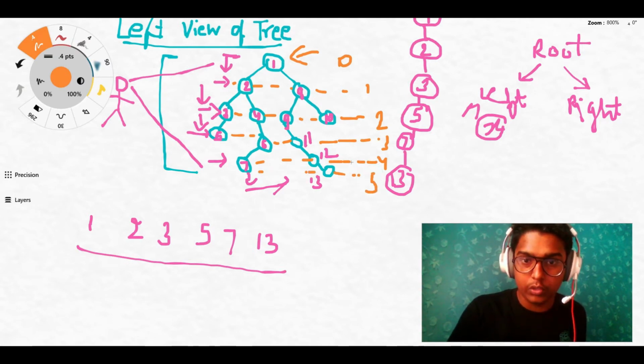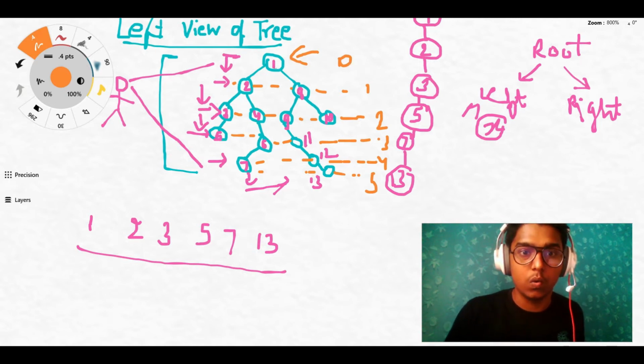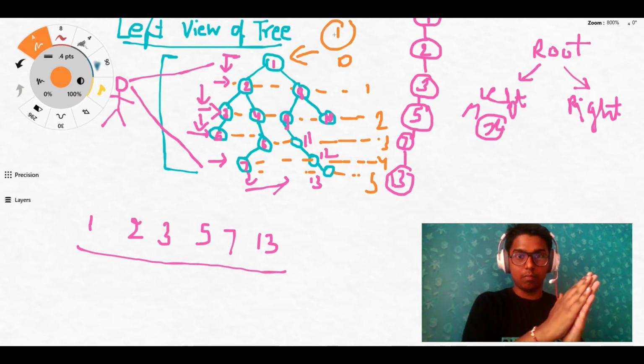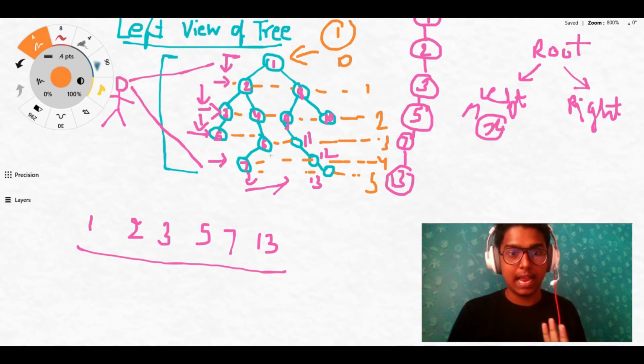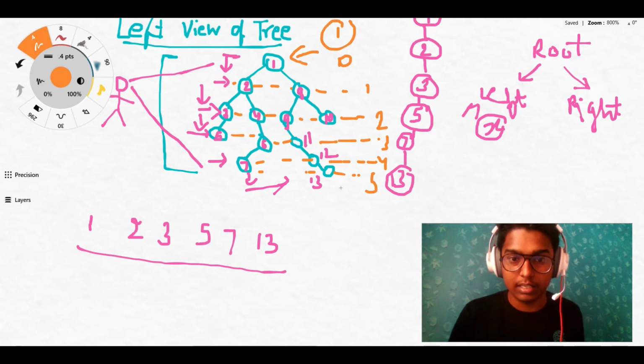You can see at height 0, only 1 is the first value that we encounter while traversing from left to right, right? So 1 is the first value, 2 is the first value in height 1, 3 is the first value in height 2, 5 is the first value in height 3, 7 is the first value in height 4, and 13 is the first value in height 5.